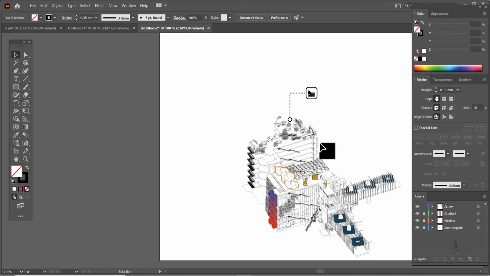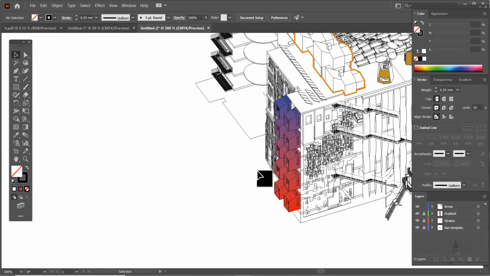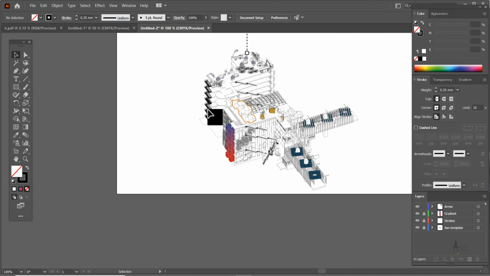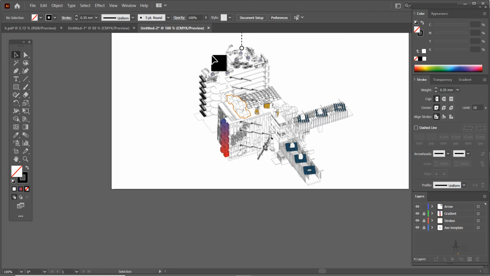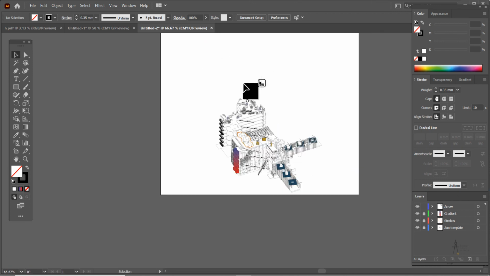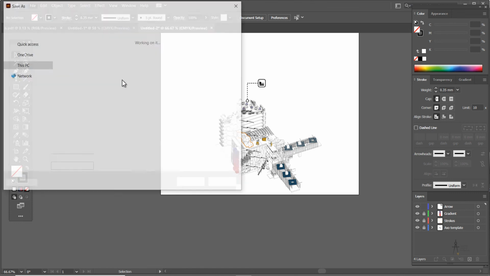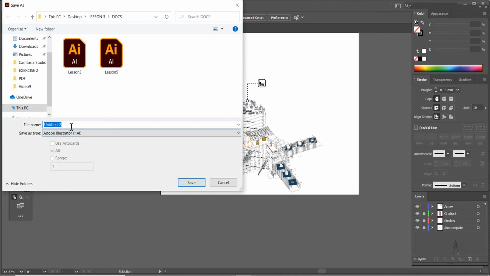You could add many things to your sections, diagrams, and so forth, in order to improve the presentation and what you put across to whoever is viewing your project. Okay, so don't forget to save as Illustrator exercise 4,